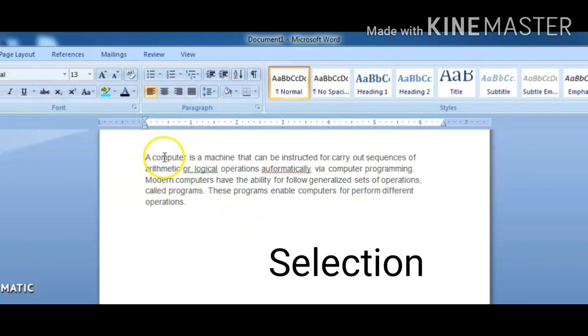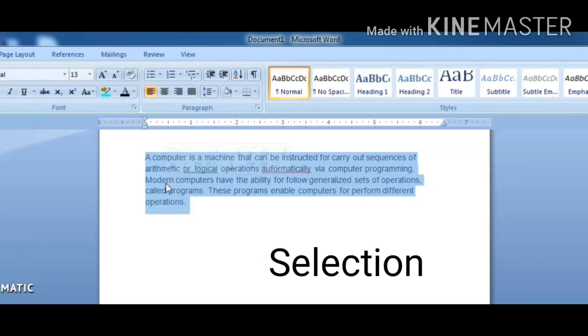To select a word, you can double click on the word. To select a sentence, you can press and hold the Control key and click anywhere on the sentence, just like this. If you want to select a paragraph, triple click anywhere on the paragraph.